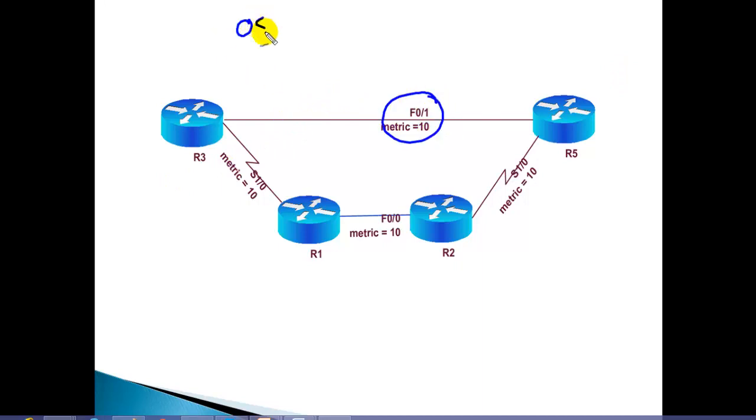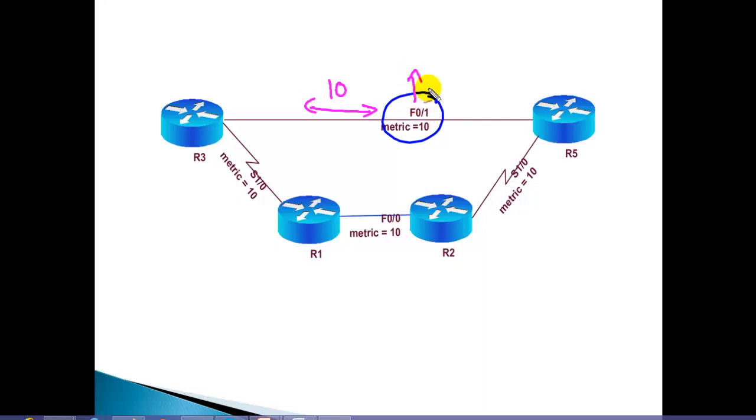Now in case of OSPF, the metric will be calculated based on 10 to the power of 8 divided by bandwidth. Whatever the bandwidth you have, it will be automatically calculated and it is going to generate a value called cost. So majorly in OSPF, the metric will be calculated based on the bandwidth. But in case of ISIS, there is no bandwidth calculation. Each interface will be considered as the default metric of 10.